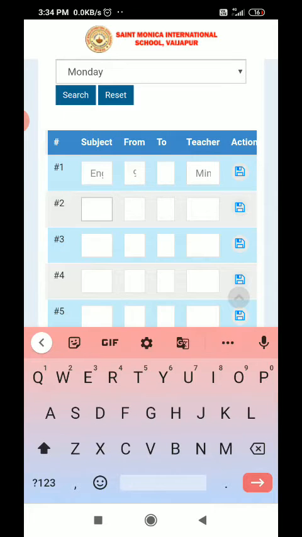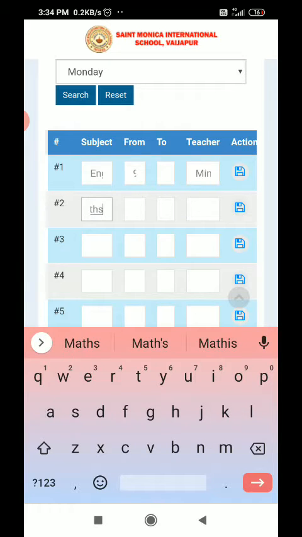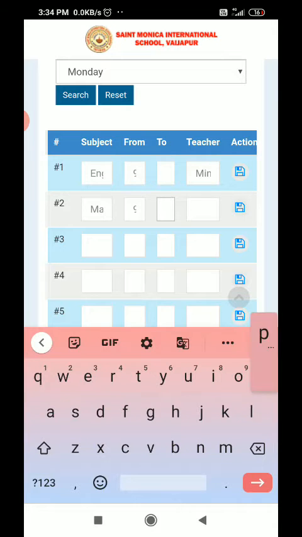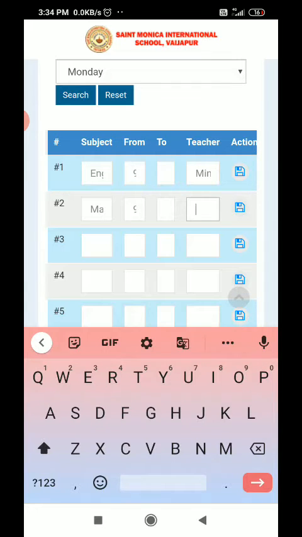Now the second subject, suppose maths. Here the maths timing starts at 9:50, and here I am giving the end time, 10:20. And who teaches the subject?